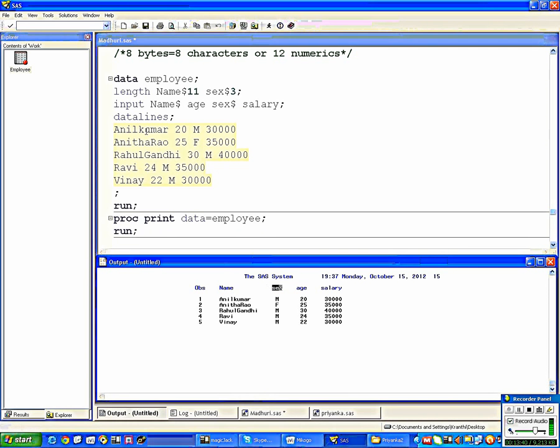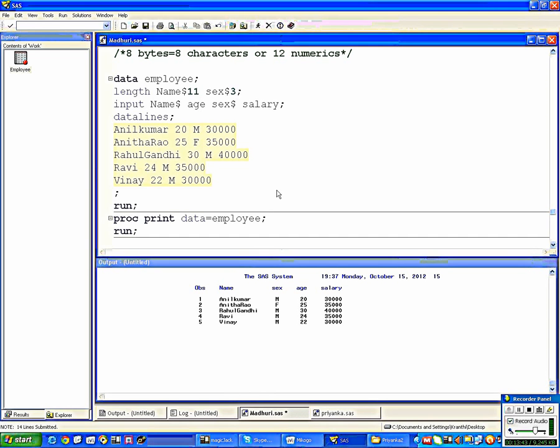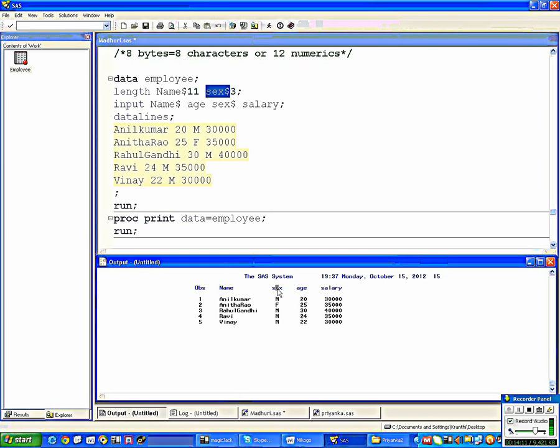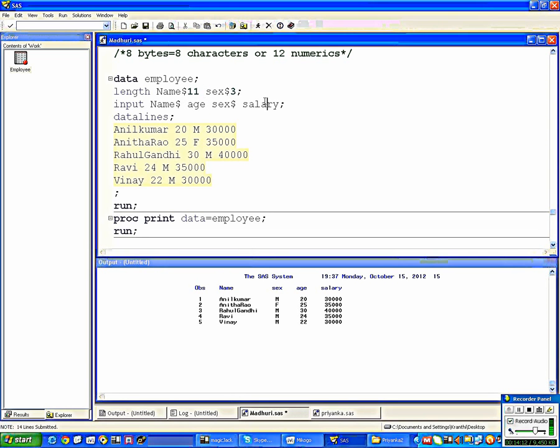Okay, but you will get a small doubt here. First you are getting the name in the data set, but in our data we have the name, age, section, but here it is giving name, sex, age. See, always after the data statement, whatever variable you write first, in that sequence it will give. It is not as per the input statement sequence. Here after the data you can see name first, later sex. So that is the reason it's taking name and sex. Later there is age and salary, so it will give age and salary.